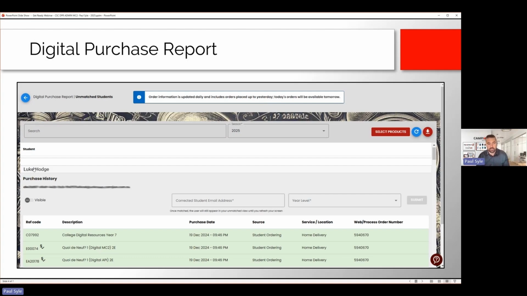If you know Luke's email address and he's in year 7, and a good example of that is that the resource there is College Digital Resources year 7, so you know you've got a Luke Hodge in year 7, you know their email address, you can actually enter it in here, lukehodge@school.com.au, select the year level, hit the submit button, and it will instantly release. All the resources will get set up for that student